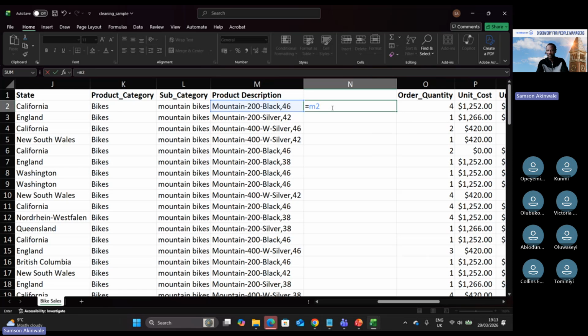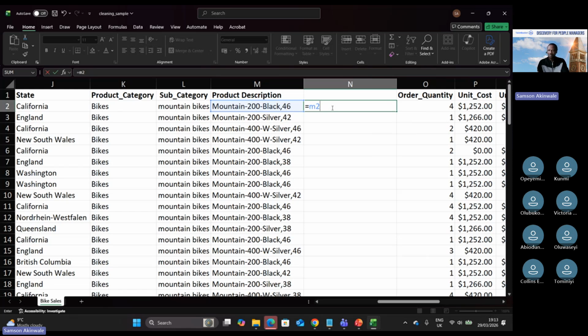Excel does not see it as a function. It does not give auto suggestion. So you are the one that will know it by heart. It's a formula you will know by heart. There are some mathematical formulas that Excel also understands. The moment you are writing it, Excel is absorbing it. The moment you press enter, Excel runs that formula straight, even if it doesn't exist as an existing